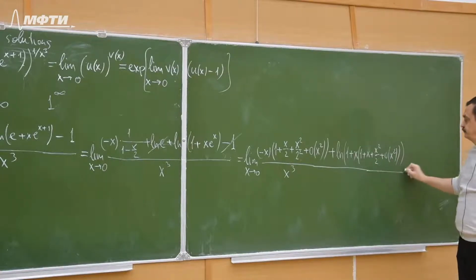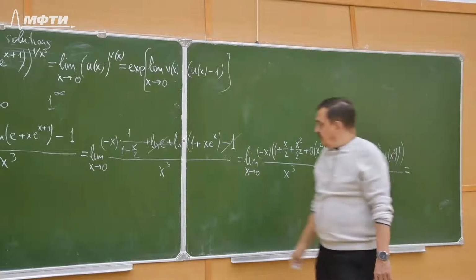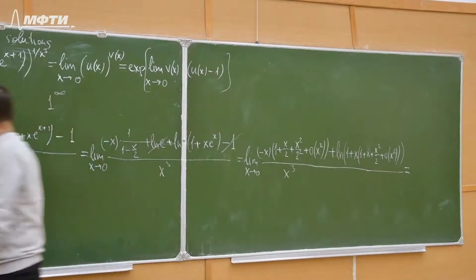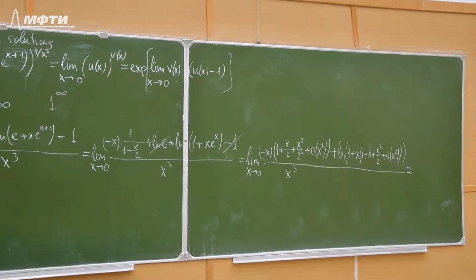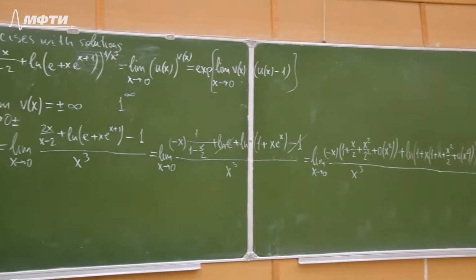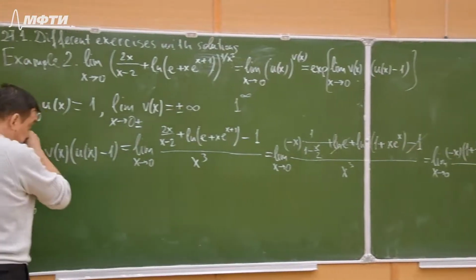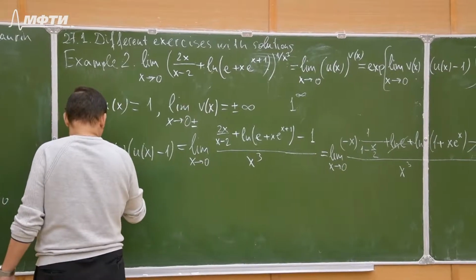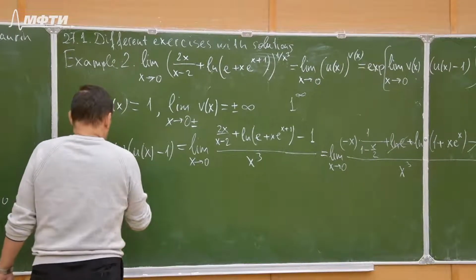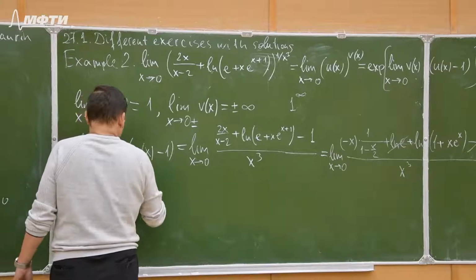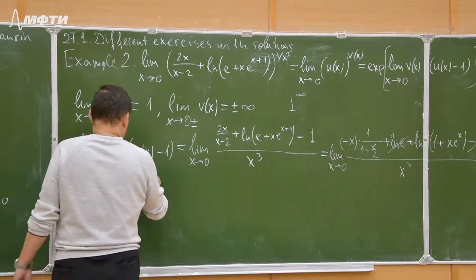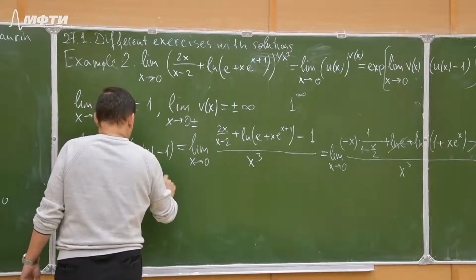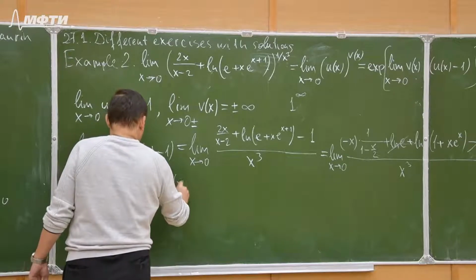Then equals to the limit as x tends to 0. So multiply by x, it gives minus x squared over 2 minus x cubed over 4 plus little o of x cubed,